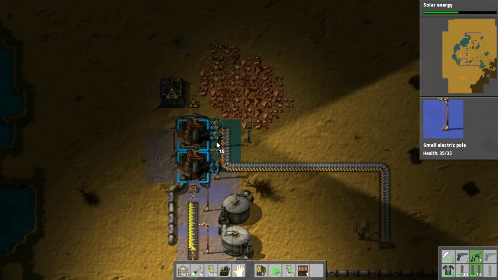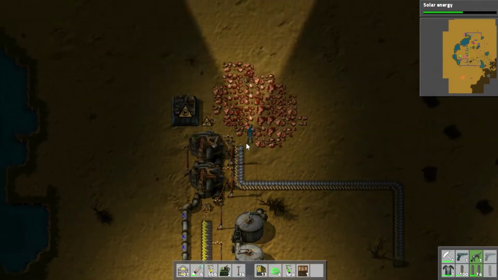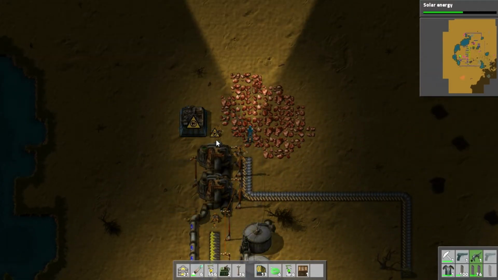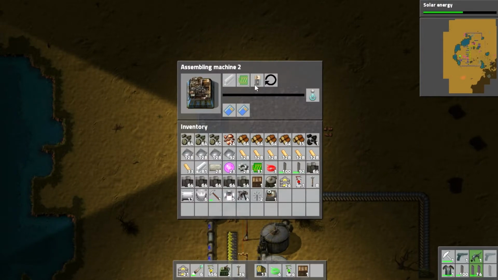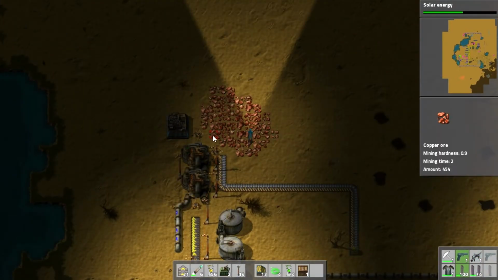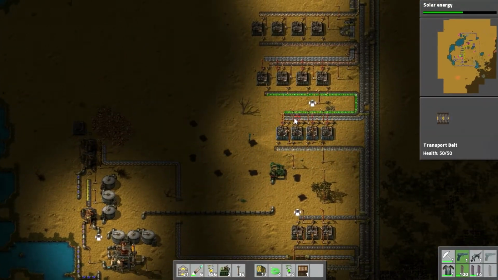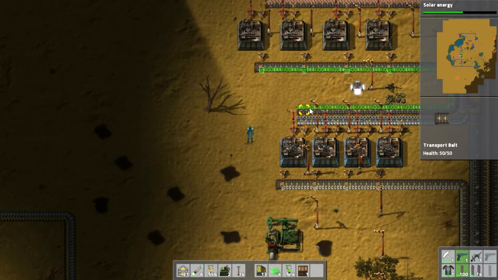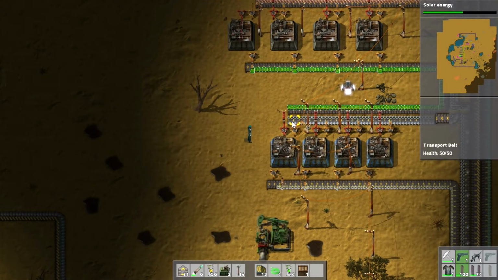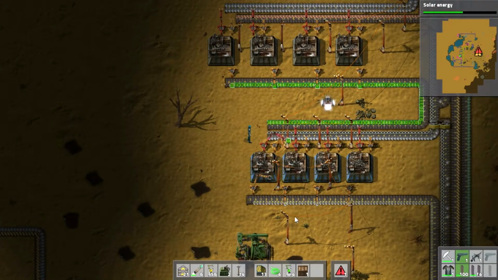Okay, and now we could use some of this. We're researching solar energy right now. Things are looking pretty cool. So, electronic circuits, batteries, and steel plates. We can actually put modules in these things, but electronic circuits and batteries. We are going to pluck these from this little guy, I believe. Yeah, maybe we can get...